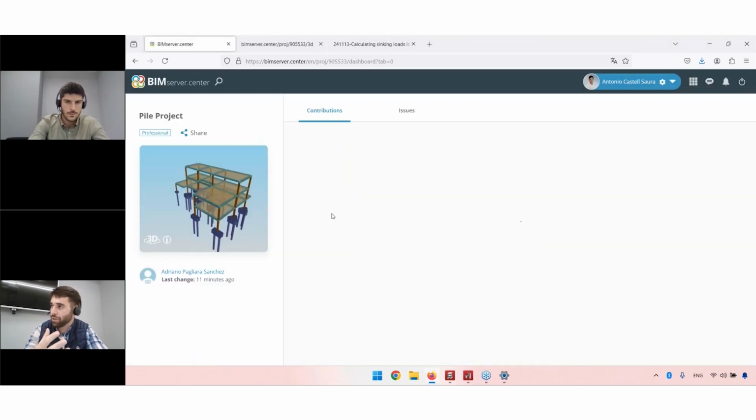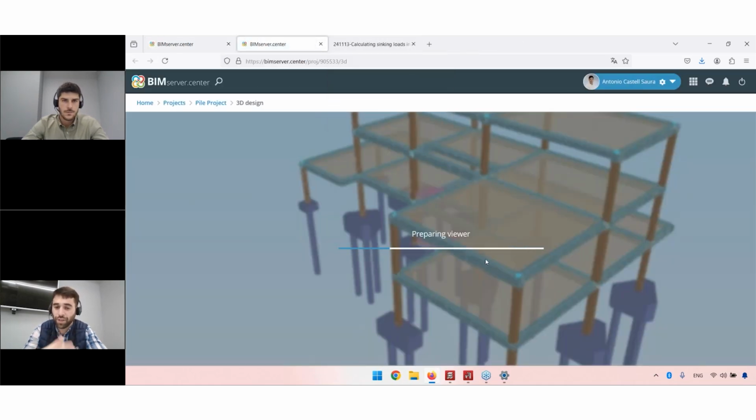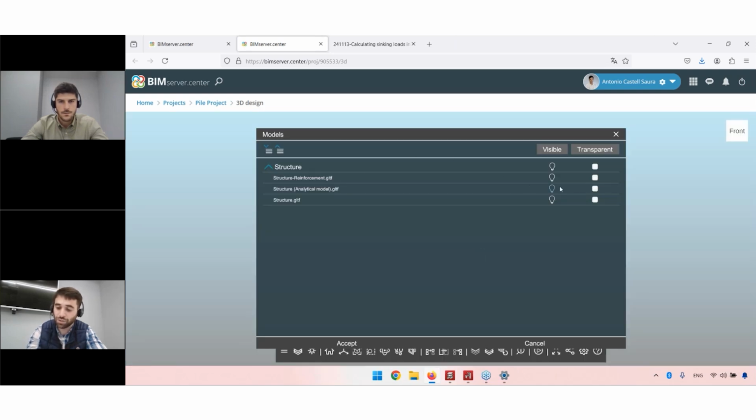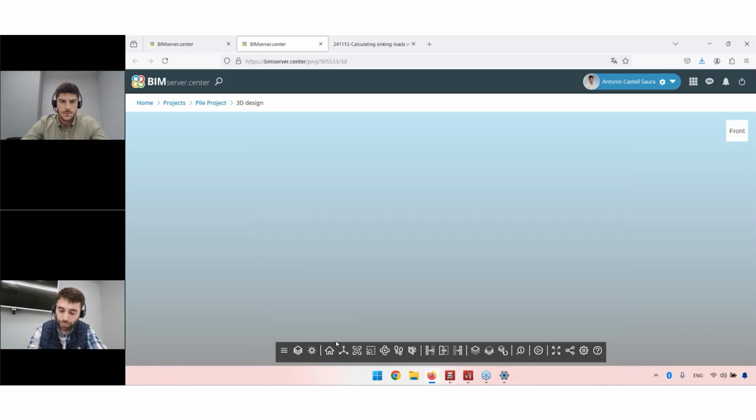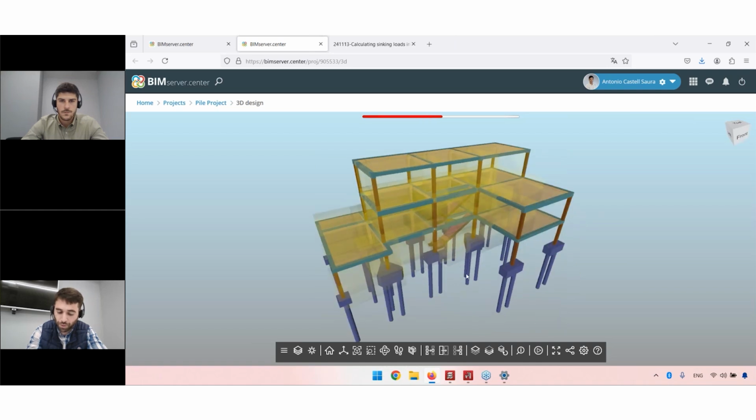And in the third part, the third module, which is going to be released, we are going to have the verification with horizontal loads in OpenSees. This is going to be a module which is going to be released with the OpenSees, which is a finite element analysis software from I think the University of Berkeley. And this is going to be the third and last module, which is going to be released in terms of pile calculations. Okay. I think it's good sometimes, right, to inform our attendees, our users, that we are working hard